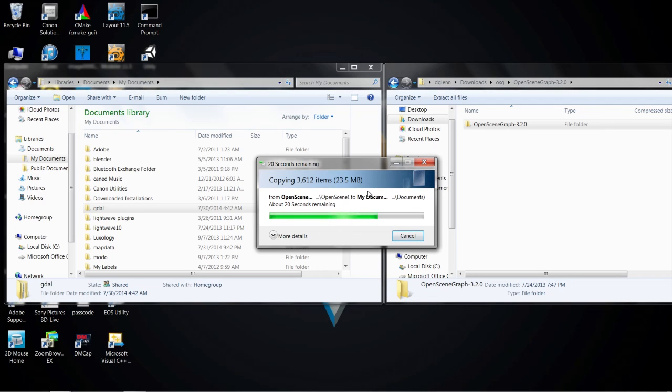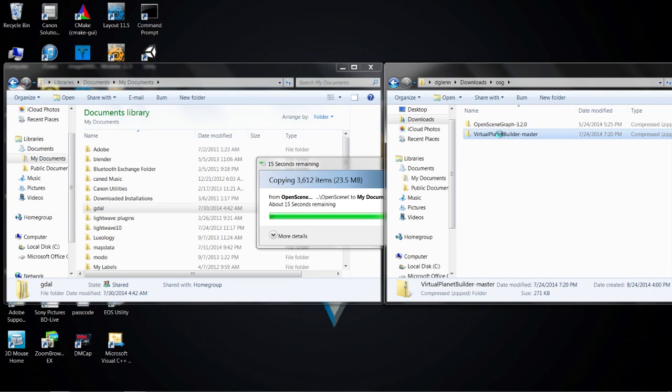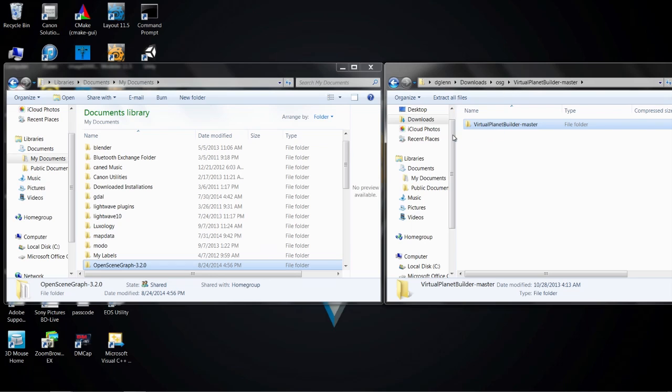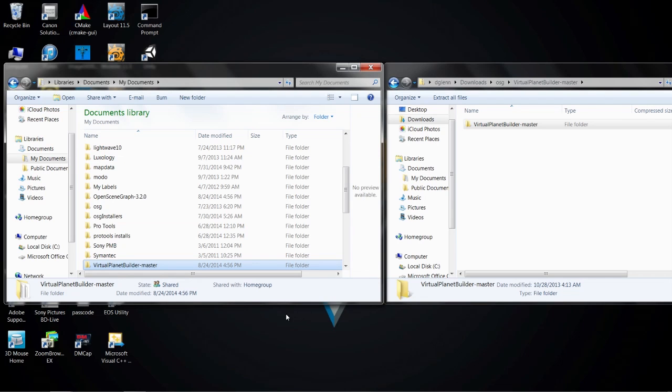While that's going on, I'm going to go back to my OSG directory, open up Virtual Planet Builder, and I'm going to grab this and just drop that in, and that'll work a lot quicker because it's a lot smaller file. And the result is I have an OpenSceneGraph